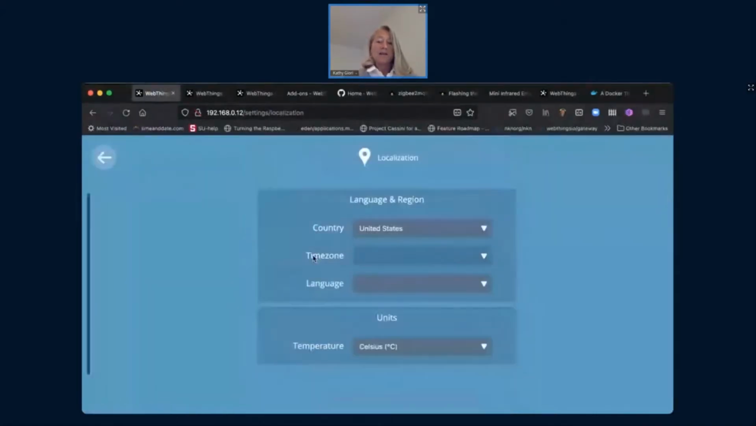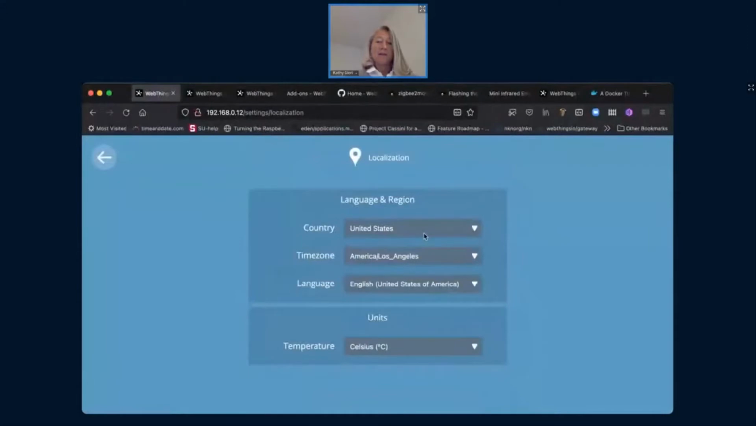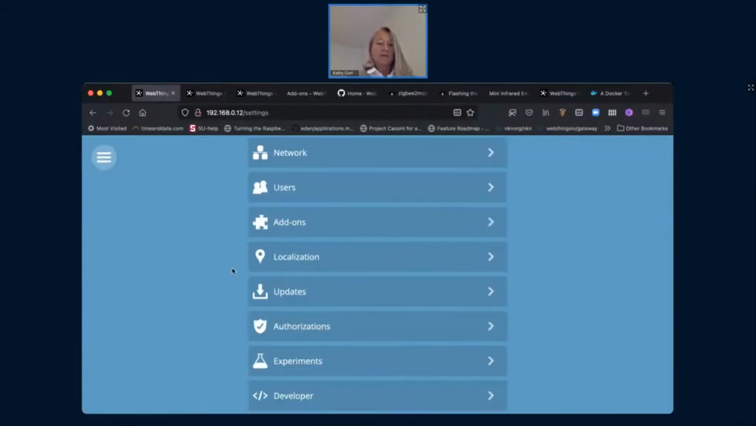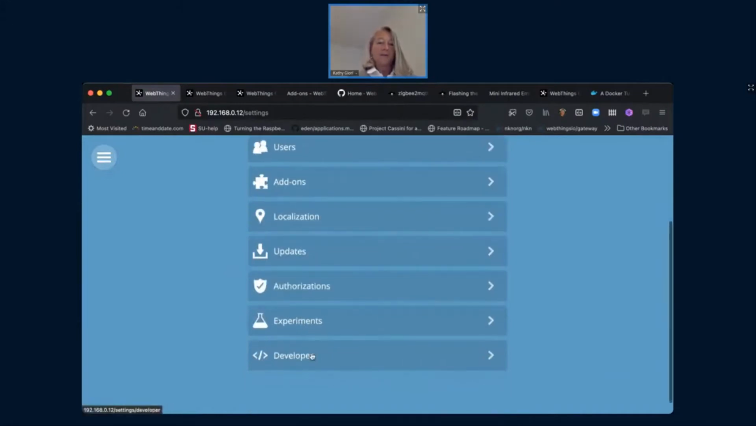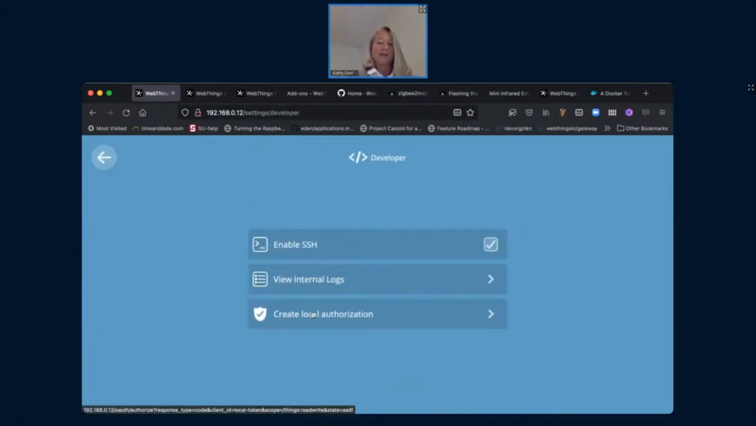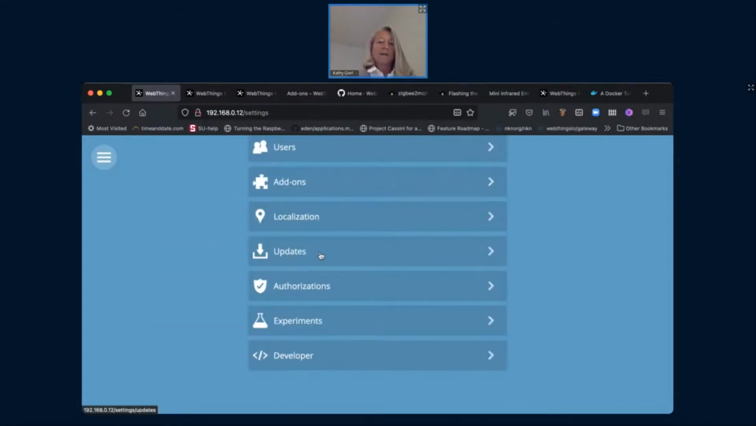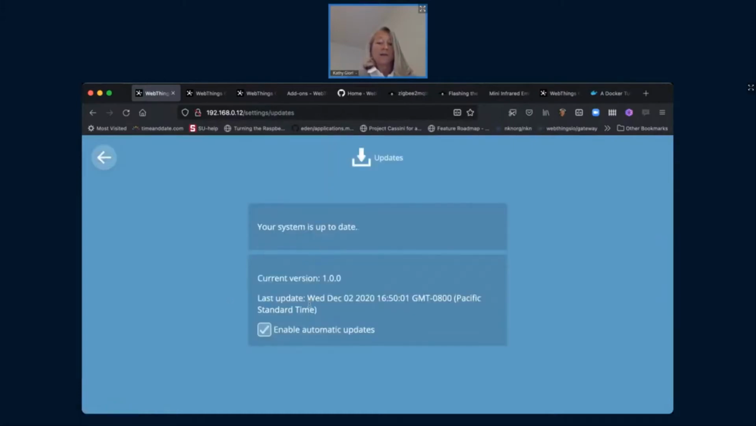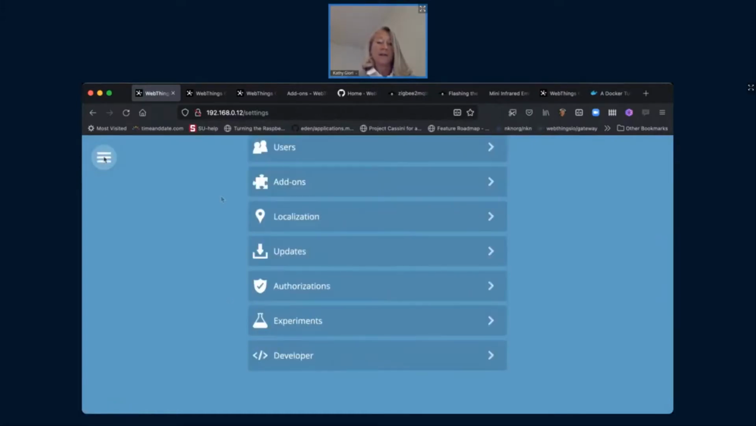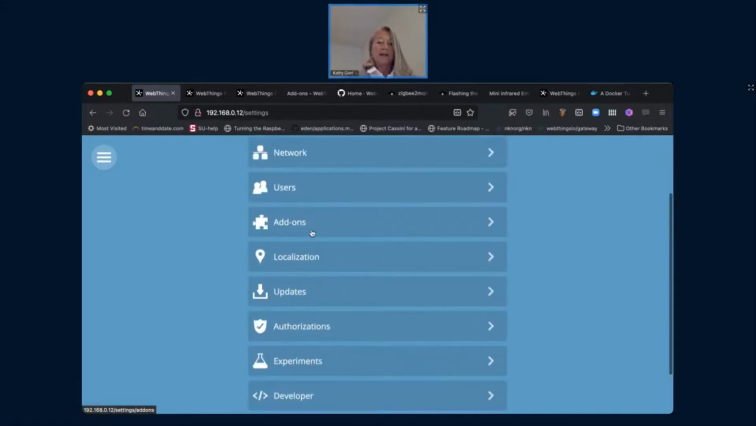The localization, as I mentioned before, is just going to be for date, time, rules and parameters, and then the languages. Pick your language there, and then also pick whether you want imperial or Celsius units. I always use metric. So going back, experiments, there's developer things like you can go into the detailed logs, create authorizations, and whether you want to enable SSH into your Pi. And then the updates, at least for the Raspberry Pi version, are automatic, so it keeps me up to date. And then I'll go into add-ons, which is really